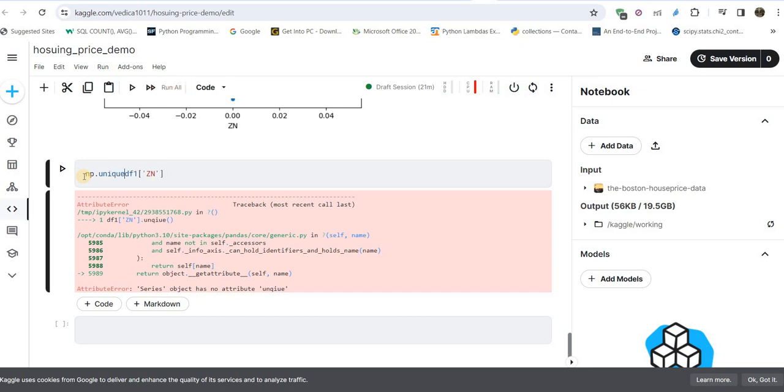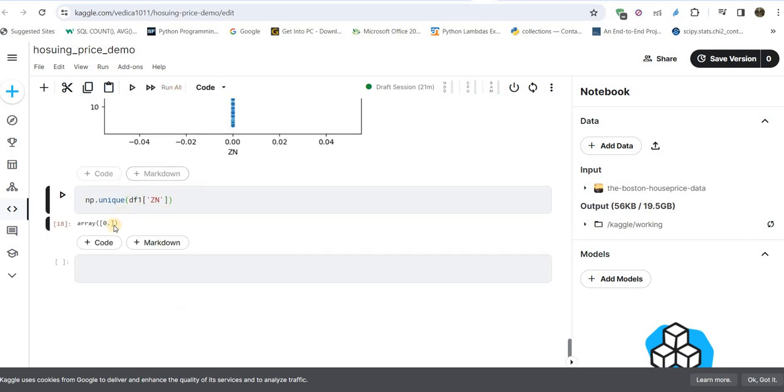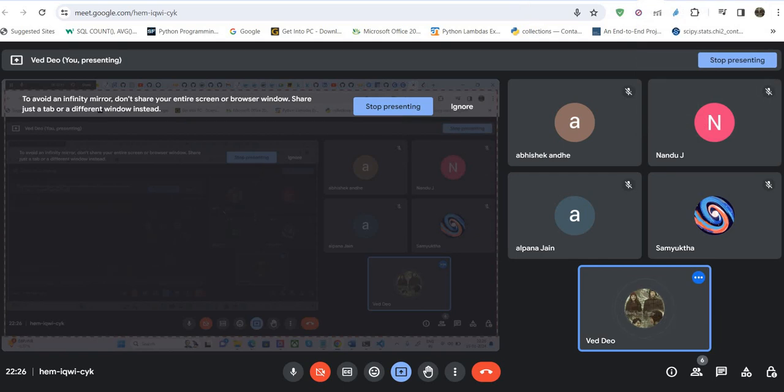np dot unique. So np dot unique would tell us there is only one unique value, which is zero. So it is simply understandable. This is a good example that came up here. So you guys have to